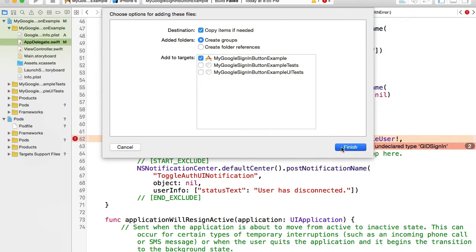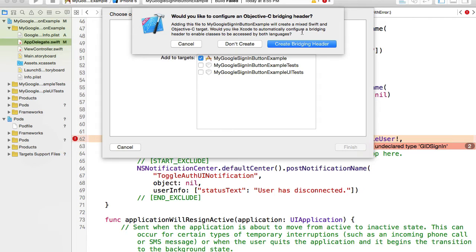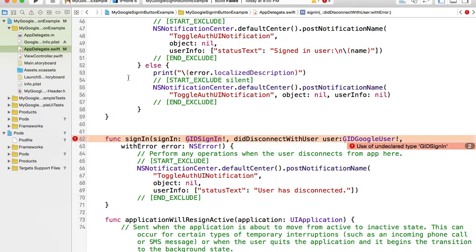And click on the finish button, and Xcode will ask me a question: would I like to create a bridging header file? Click on the blue create button here,